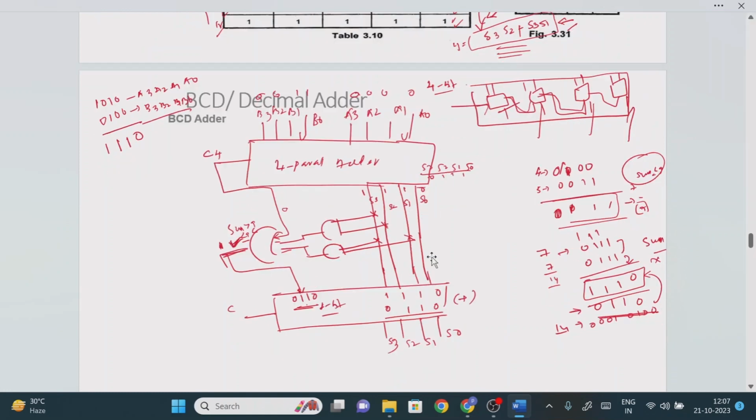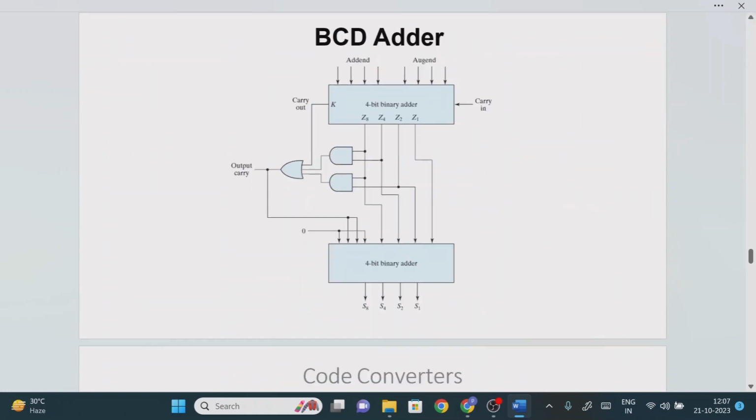If you see the block diagram, you can understand. Initially I have considered the A bit value and B bit value. Inside we will have the 4 full adders, right? The initial carry is 0, or if you don't give it, also no problem. It will generate the first sum, sum 1, sum 2, sum 3, sum 4. Then it will generate the final carry. So this circuit will be useful to detect whether it is valid or invalid.